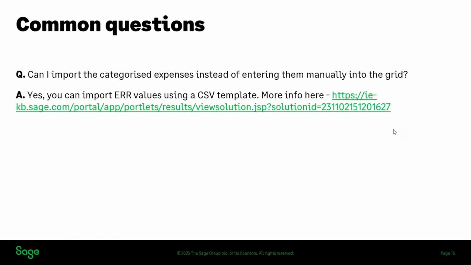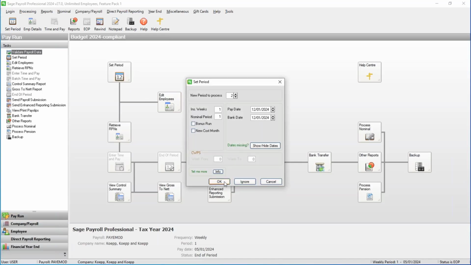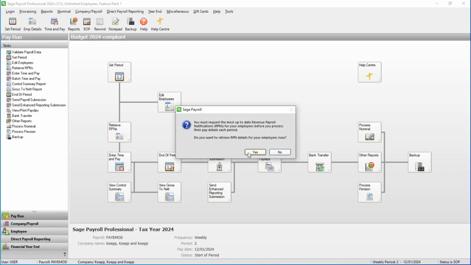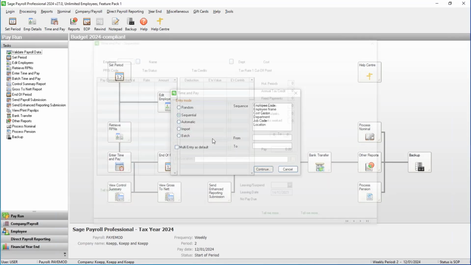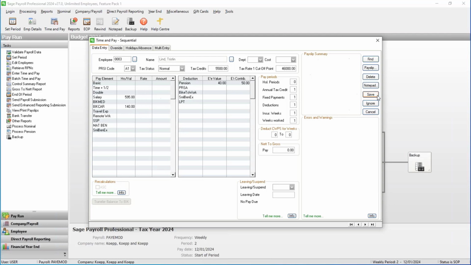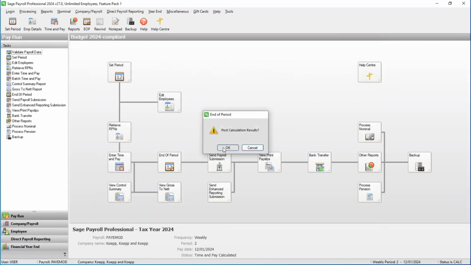So I'll just bring the slides down a second while I demo this. So I'm just going to set my next period, because we're going to import values for period 2. I'll skip the RPNs, and we'll just quickly run through, and we will enter some expense values. So you still need to enter at least 1 expense payment for the employee to appear in the grid. So I'm just doing it for these first 3. We would run end of period,